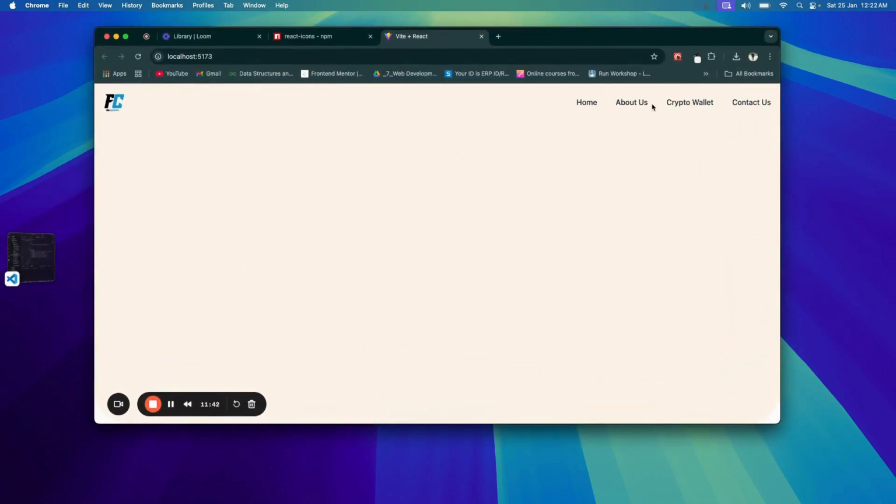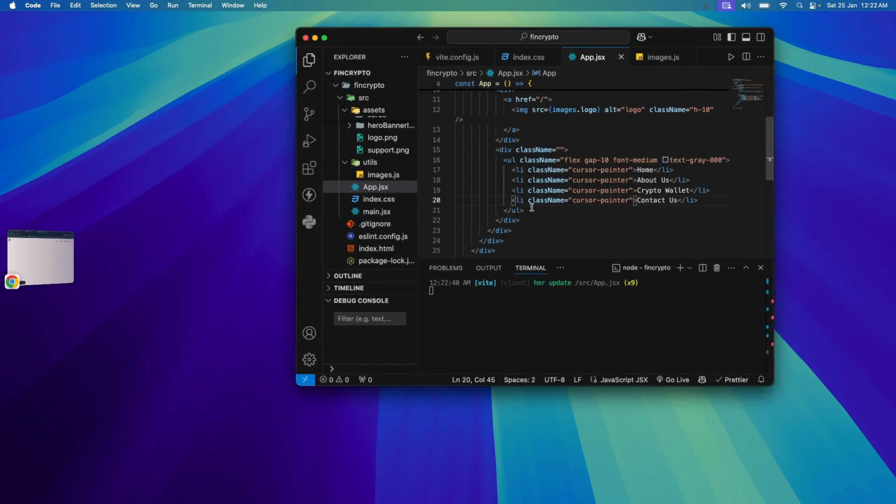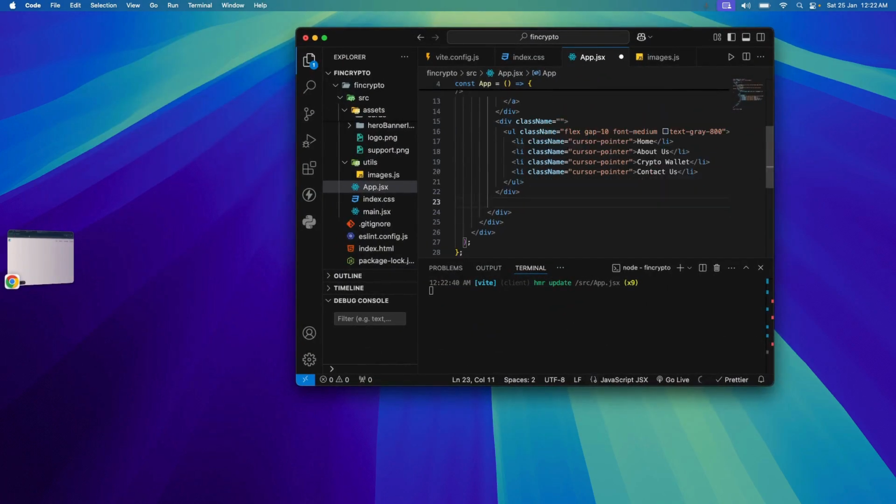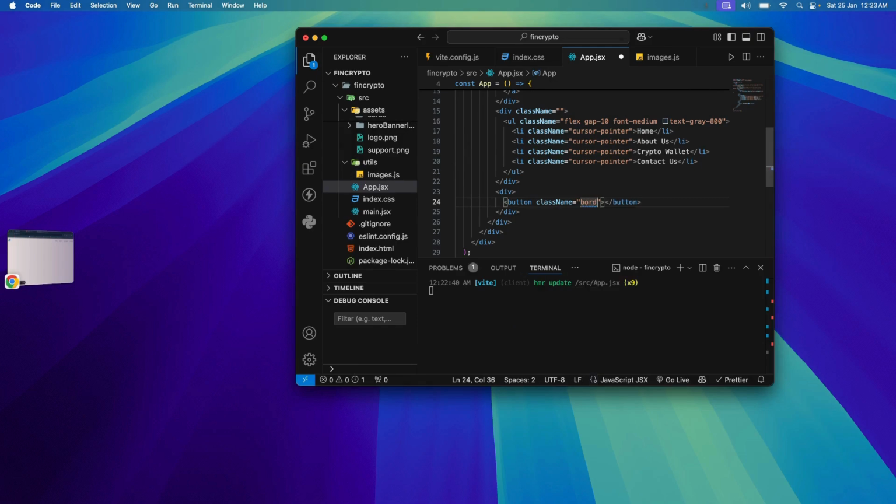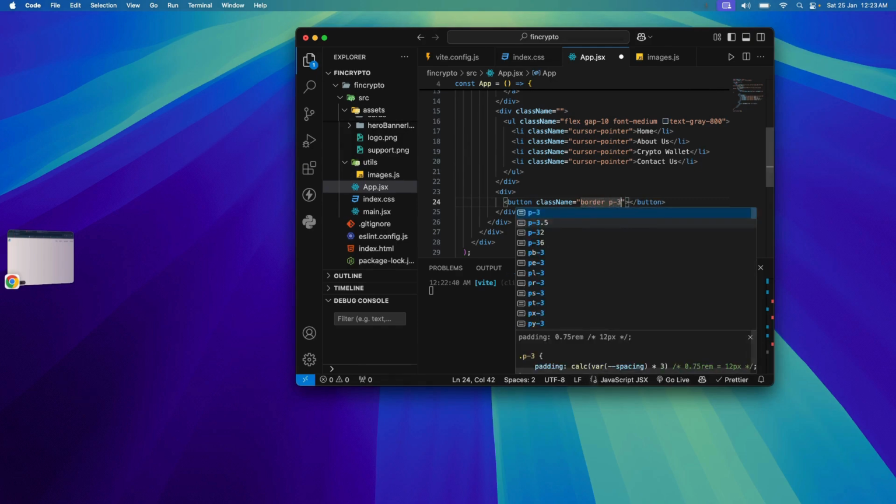Now you can see these menu items will be coming onto our navbar, and you can see the logo too, right? Okay, now you can come out of this div again and create one new div. Inside this div we are having one button, and for the button you can give a class name of border,